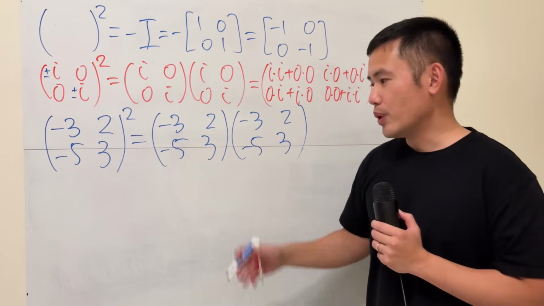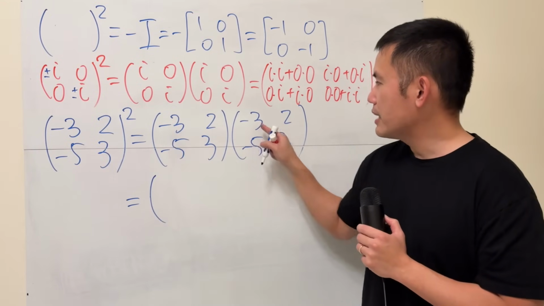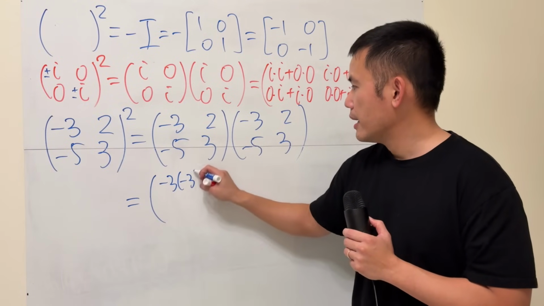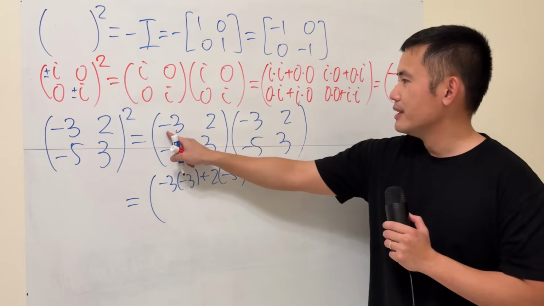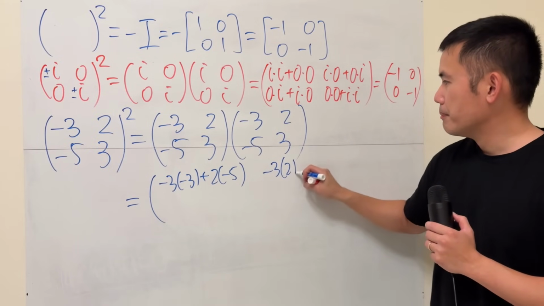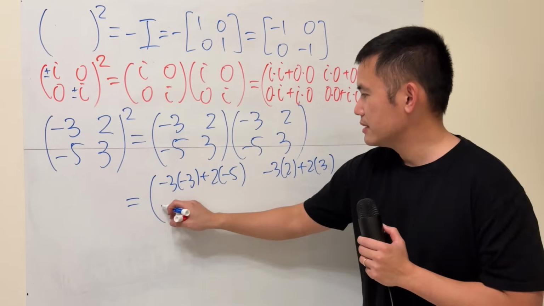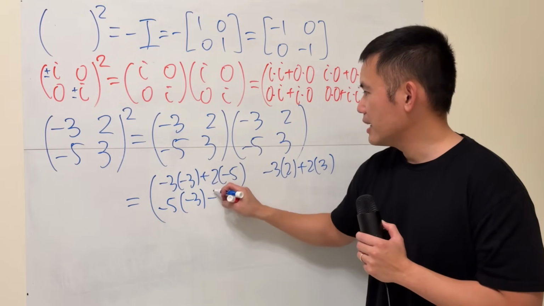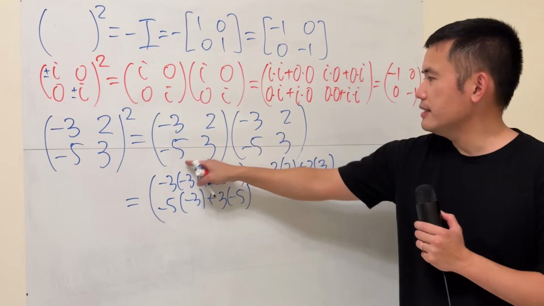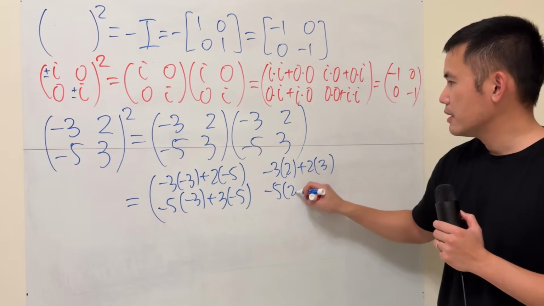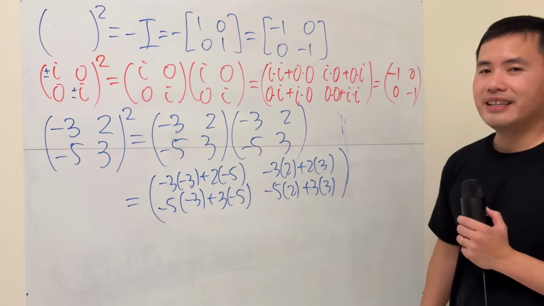And then we'll do what we did like this. So have a look. -3 times -3, and then we add 2 times -5. Continue, this times this, plus this times that. And then this times this, plus this times that. And finally, this times this, plus this times that. Now, ladies and gentlemen,